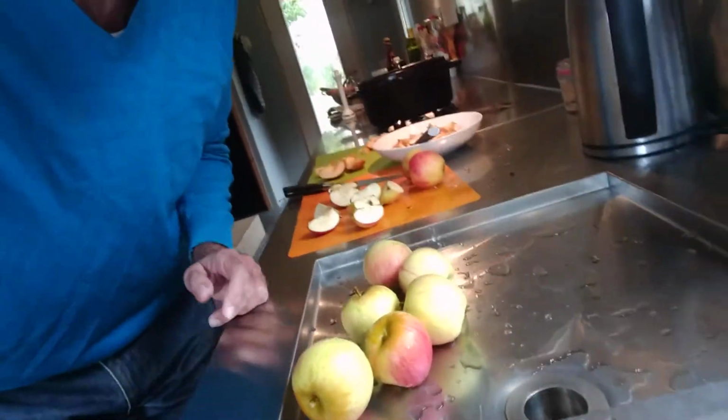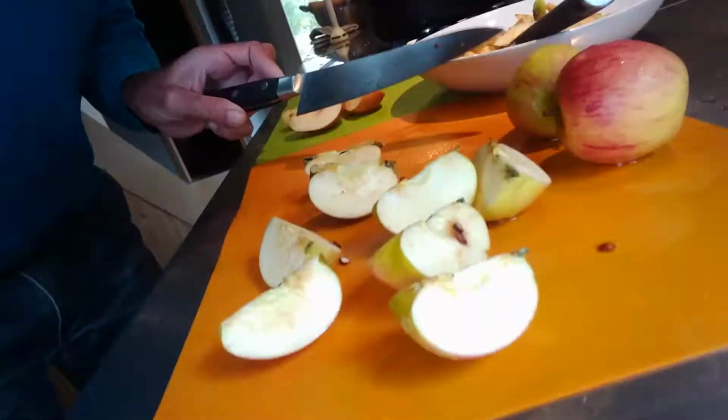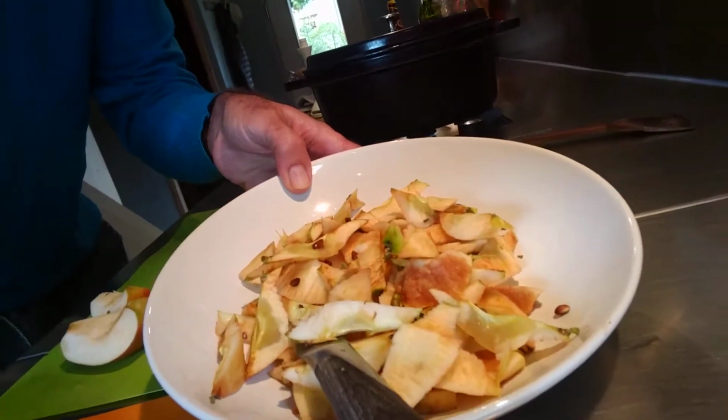Once they're nice and washed, you let them dry slightly. It doesn't matter if they're wet, you don't need to wipe them. And then the next step, of course, is to quarter them. You quarter them with your nice big Japanese knife like this. You turn them into quarters. Once they're quartered, you core them. That means you just take out the nasty little seeds and the center, the hard center,